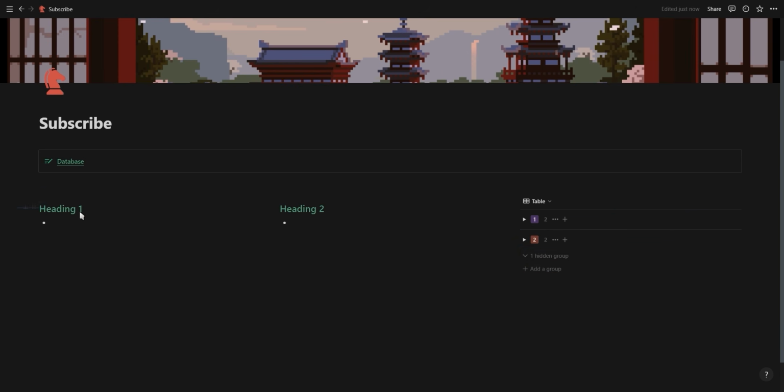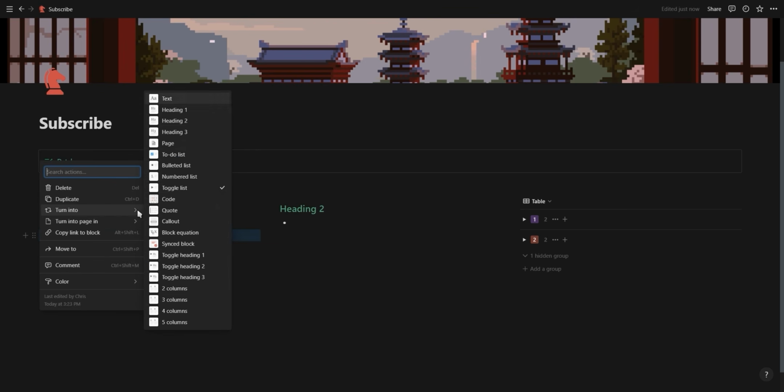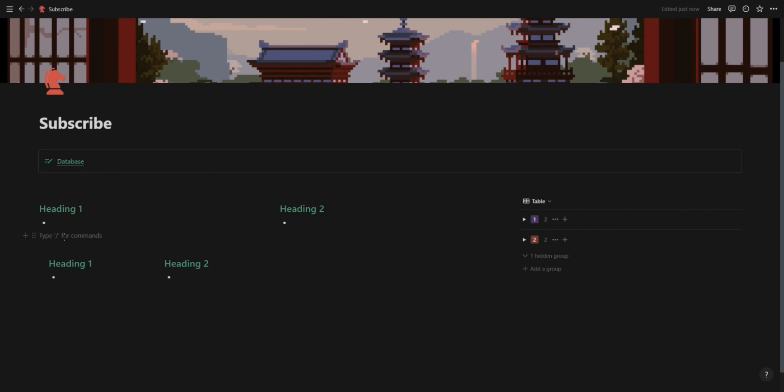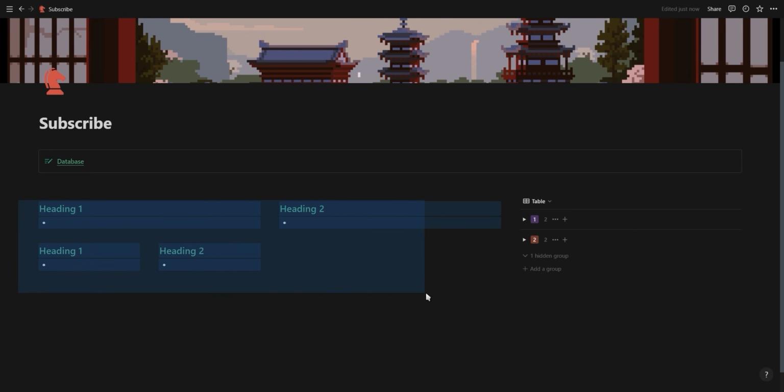When you copy and paste multi-column content, it will retain the layout when you paste it. And if you paste a multi-column layout into a toggle, add the toggle underneath a column, turn the toggle into text and delete the toggle with backspace, then you're able to have multi-column layouts inside a multi-column layout.